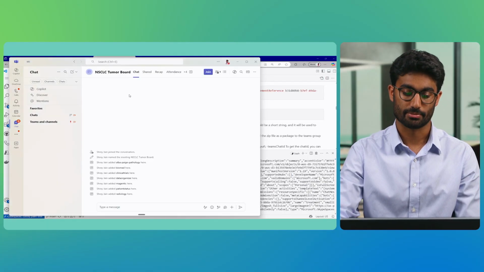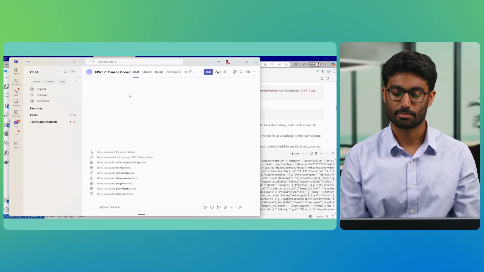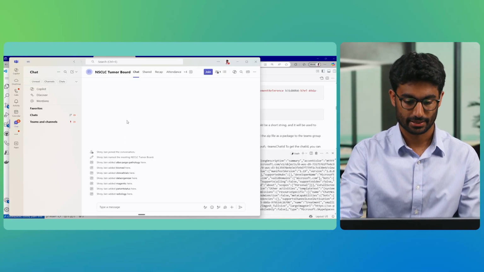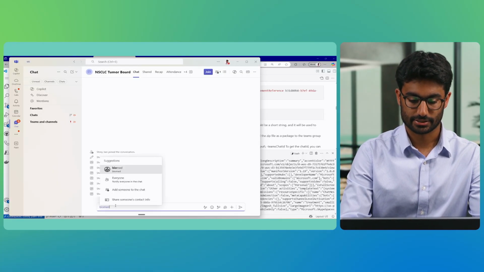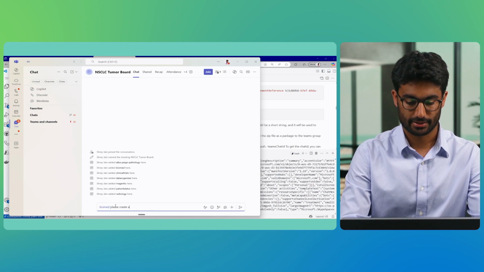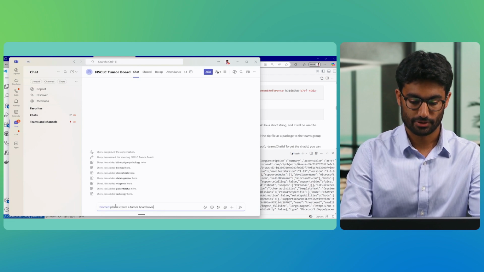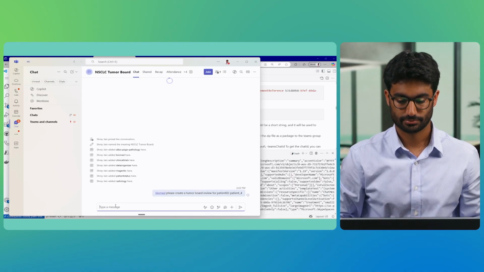And what's happening now is these agents are actually going to be deployed into my Teams environment. And so now if I go to Teams, I can find where these agents have been added into a specific tumor board meeting. Imagine this is a tumor board that we're preparing for that's happening later today. So I can ask, for instance, Biomed, please create a tumor board review for patient ID, patient_4. And what's going to happen is that Biomed's going to create a plan with all the other agents in order to explain how it's going to execute all the different actions that are needed to prepare for a tumor board